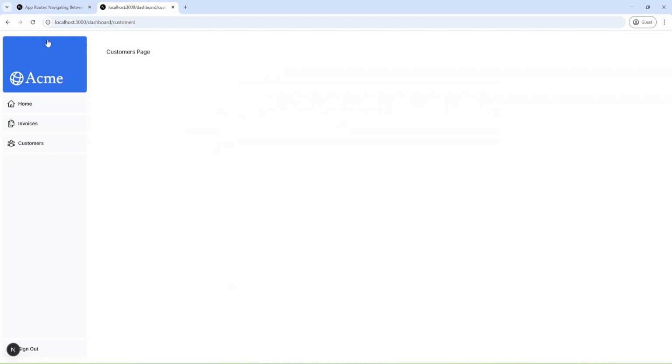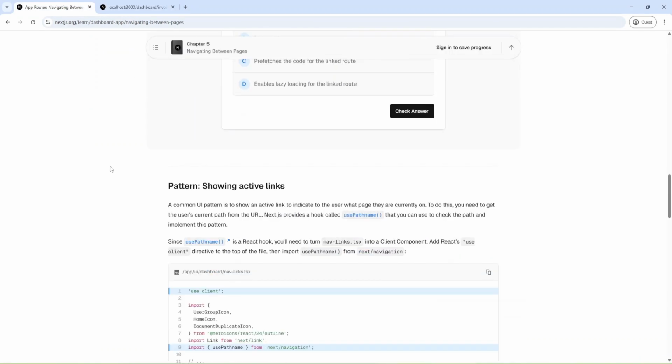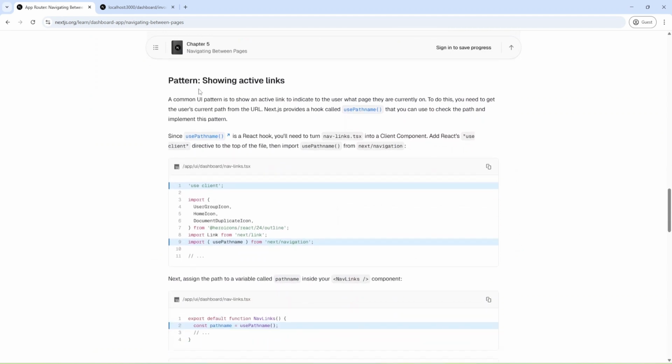And let's check. I'm going to refresh and check. And as you can see, we have invoices, customers, dashboard pages, and we don't have reload as with a tag. Okay, and let's go next to pattern shown active links. Okay, and in dashboard, I'll add path name.